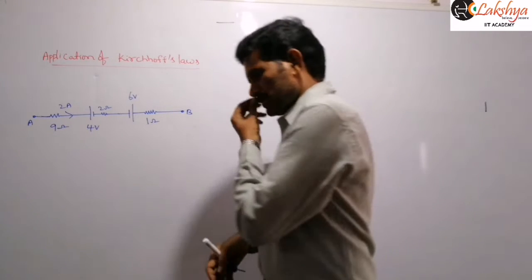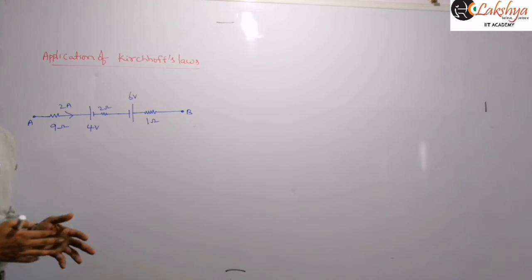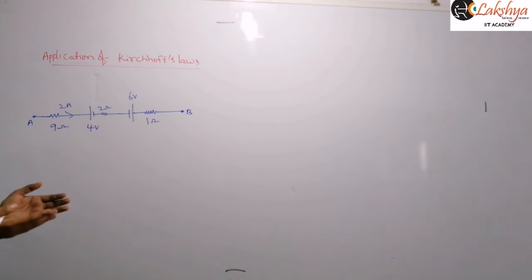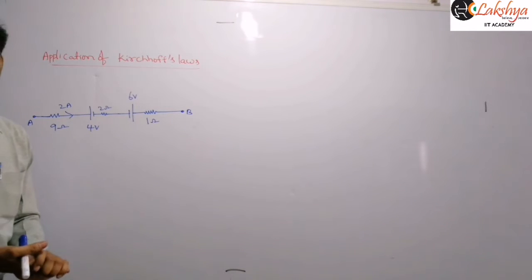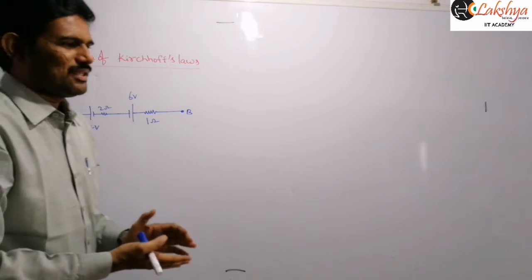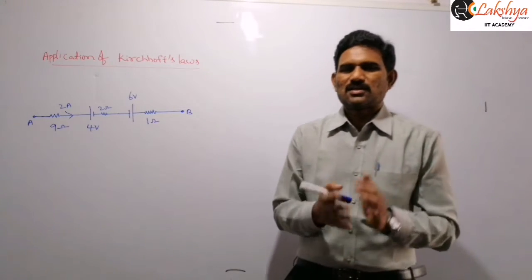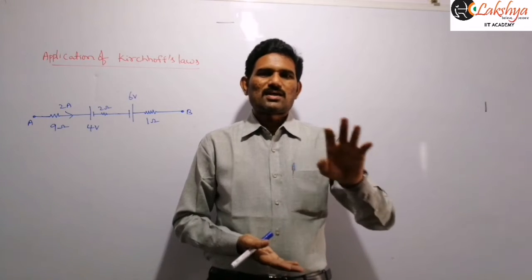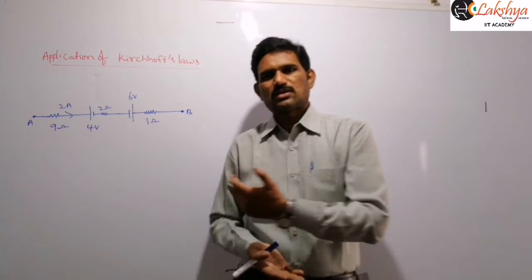In such types of problems, if they ask for the potential difference between A and B, we may find either VA minus VB or VB minus VA. Larger minus smaller we will find generally. If they particularly ask to find VA minus VB or VB minus VA, then we need to answer the value along with the sign, whether it is positive or negative, that you will get after doing these